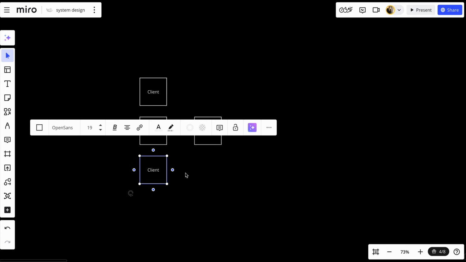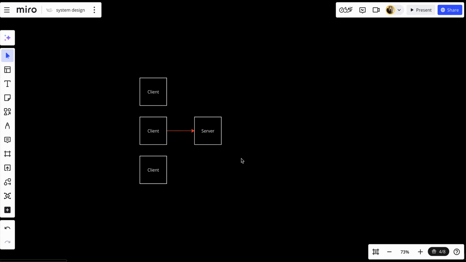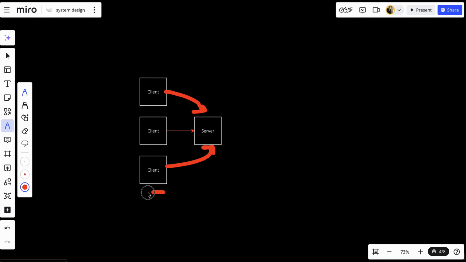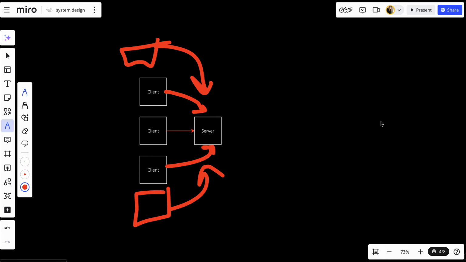So let's say that our system is getting too popular too quickly. We have multiple clients that are trying to send a lot of requests to our server. Let's say that we have more clients here and more clients there, and all of them send requests to our server. So right now our system cannot handle all of that.